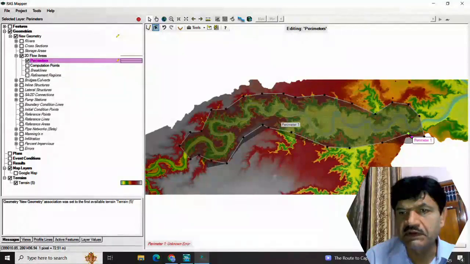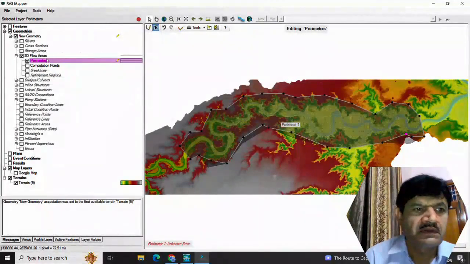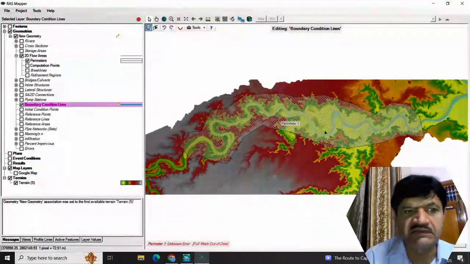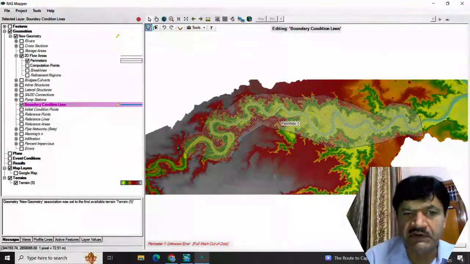This way you can edit all those. Now the next part is that we will go to the boundary condition and place the boundary conditions over there, upstream and downstream. So the upstream boundary condition I will place. I will make a BC line